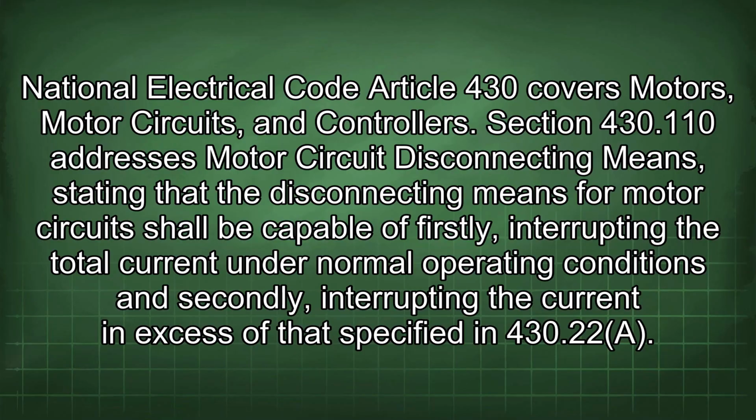National Electrical Code Article 430 covers motors, motor circuits, and controllers. Section 430.110 addresses motor circuit disconnecting means, stating that the disconnecting means for a motor circuit shall be capable of, firstly, interrupting the total current under normal operating conditions, and secondly, interrupting the current in excess of that specified in